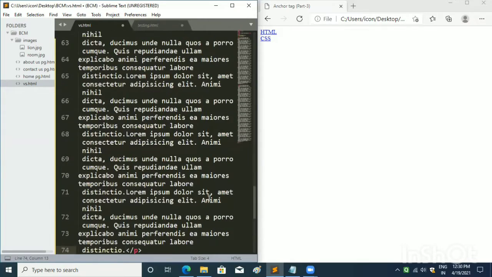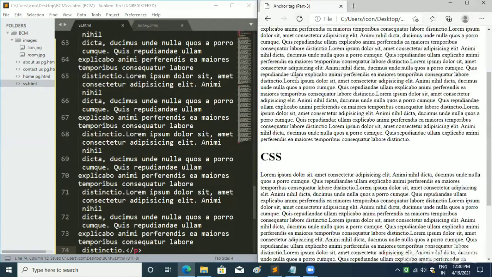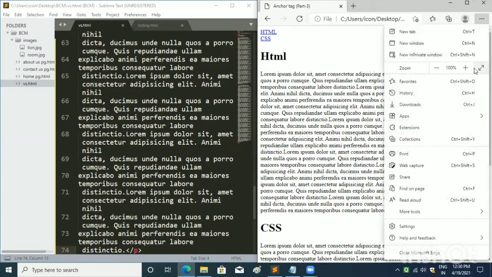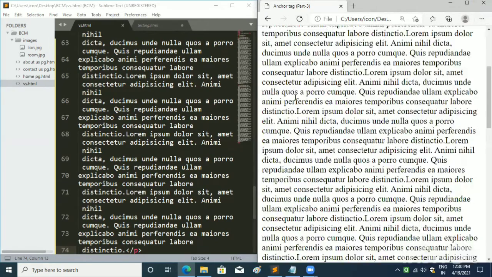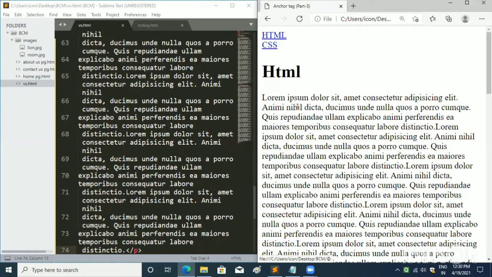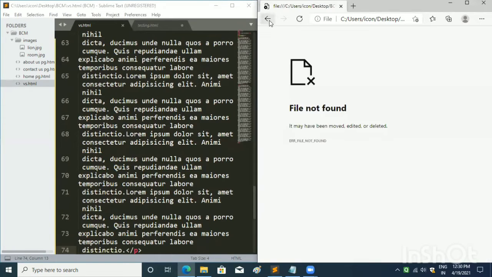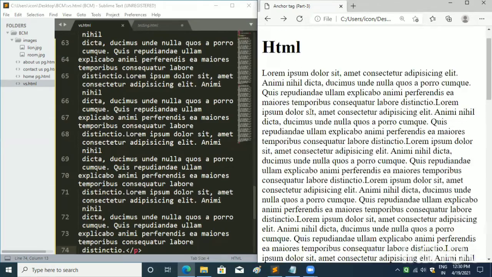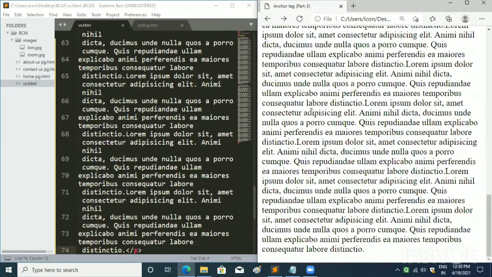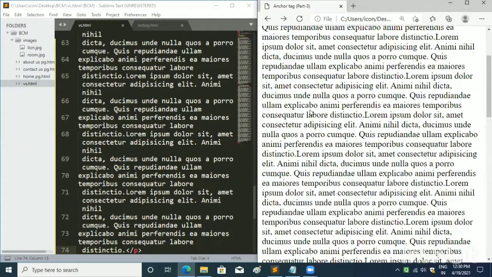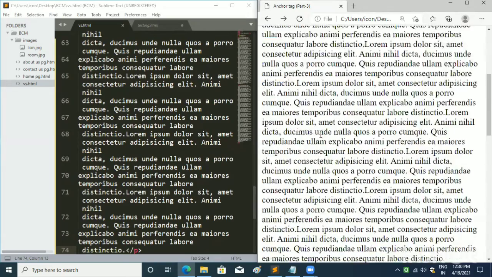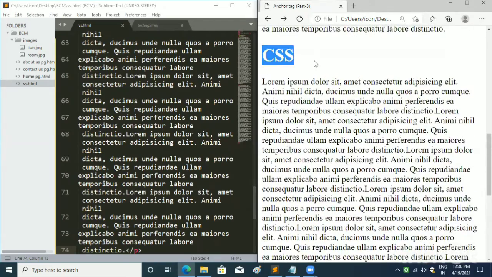I will take a paragraph in the document and write the same text in it. So now when I save it and refresh the browser, you can see headings and paragraphs inserted on the web page. So now if you click on HTML button, it takes you to the unknown file and says that file not found because it is a trial link. So now if you want to study about HTML, you can scroll down to HTML, and if you want to study about CSS, you can also scroll down to CSS. But now you need to find the headings of CSS and HTML.